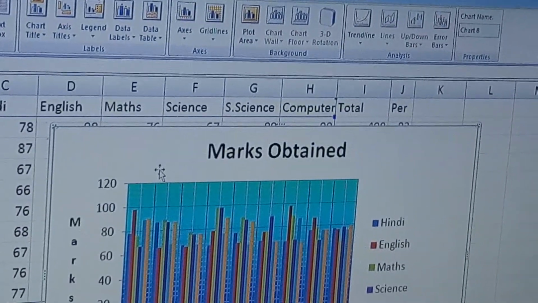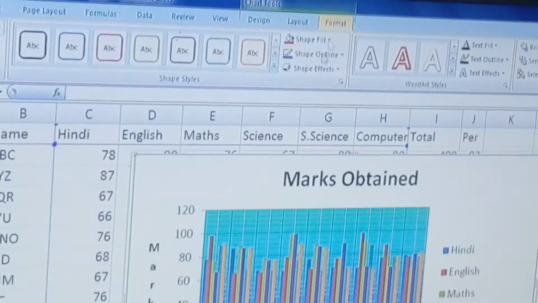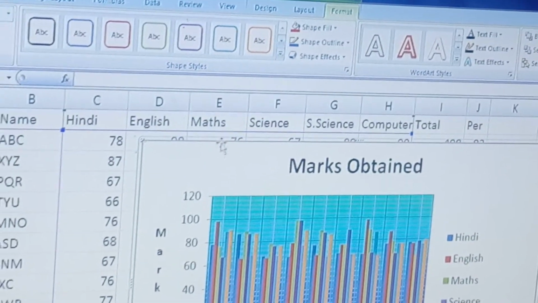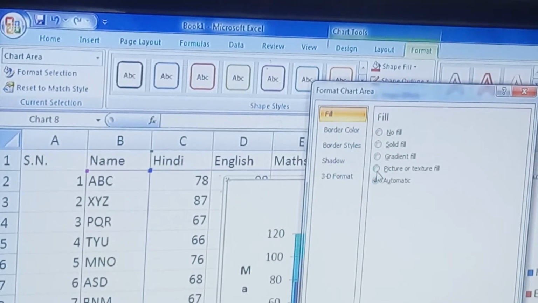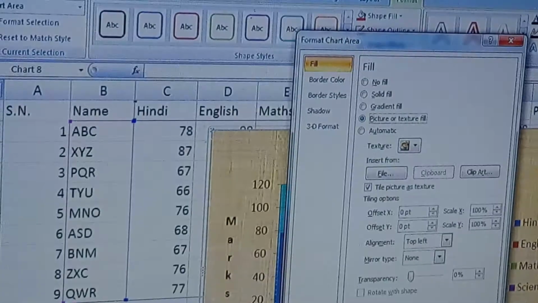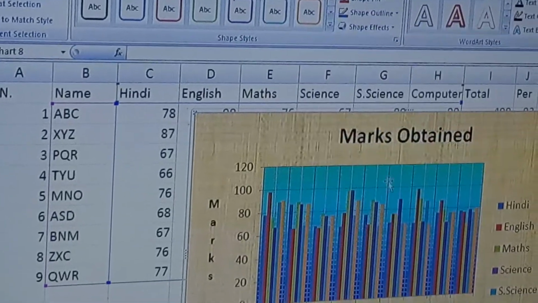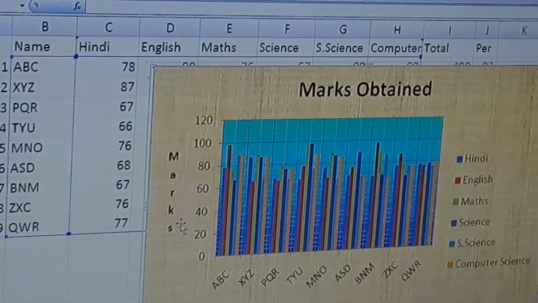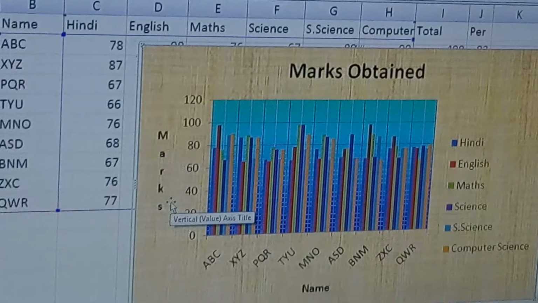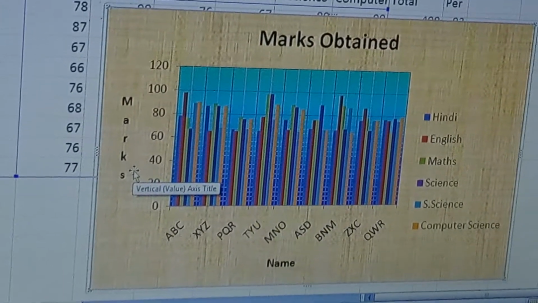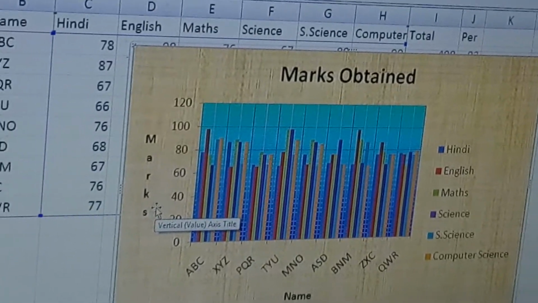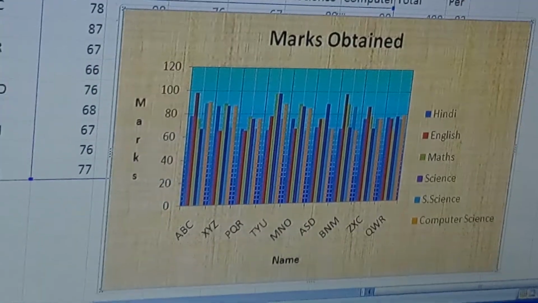Next, how can you select the format? Now select the style, format selection. There are different selections. You can use picture or texture fill. The entire area is filled with the texture fill, or you can fill any image or any other thing. Meaning you have to make your chart more attractive.